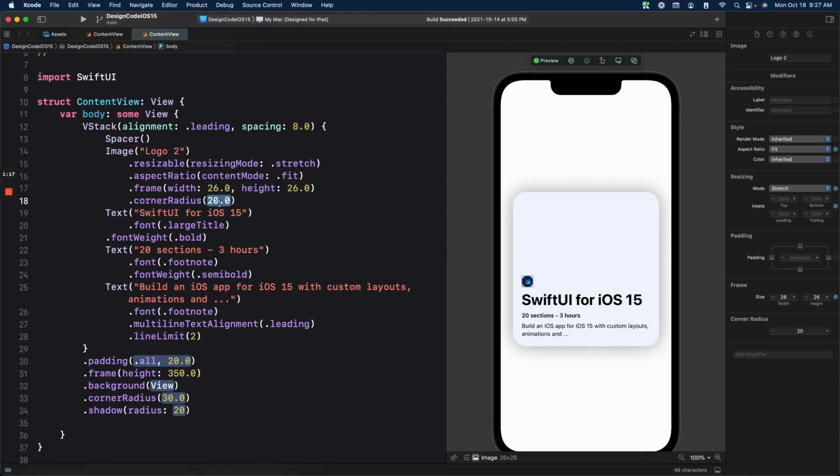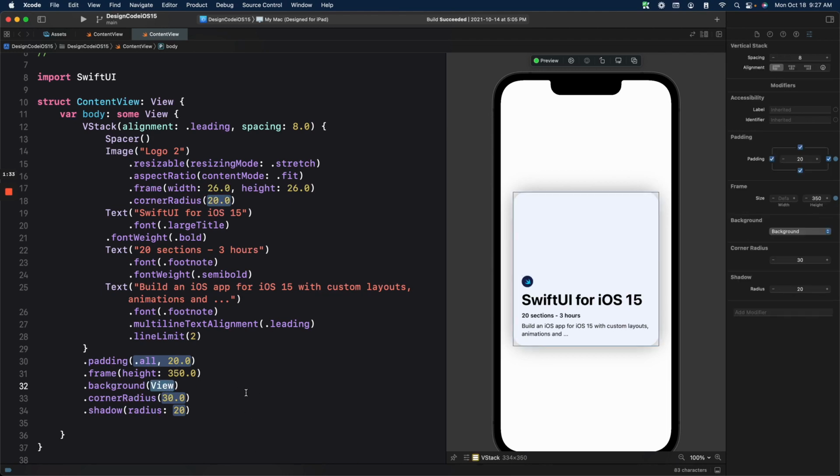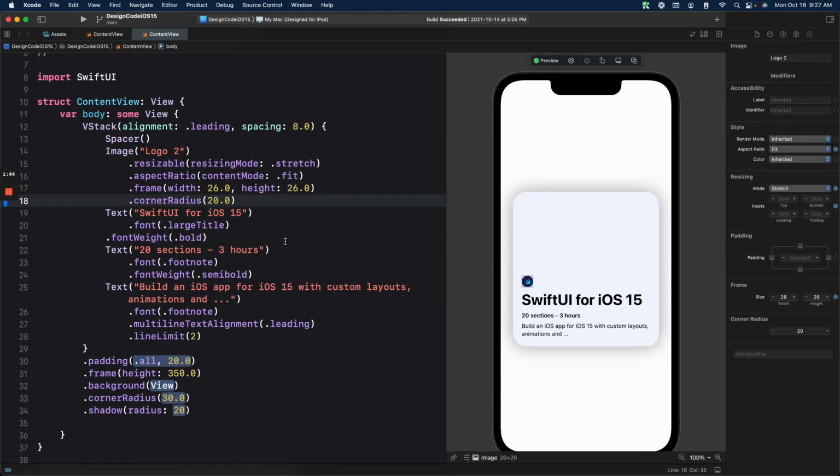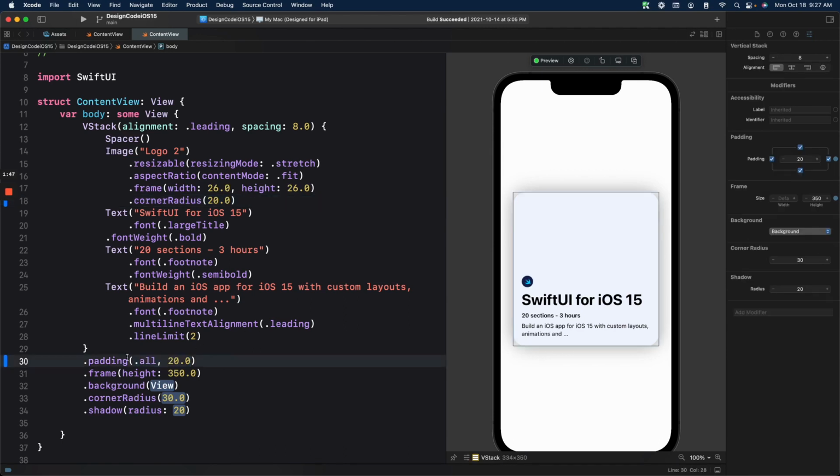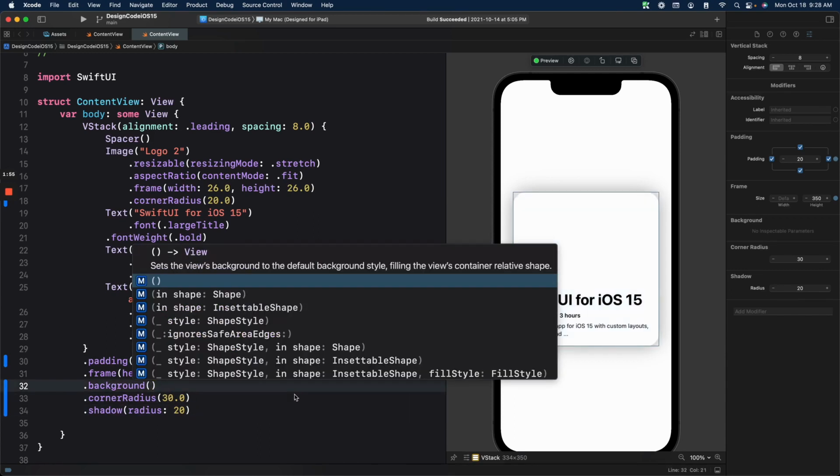For most of them, it's fine, except when you want to customize, for example, the text, sometimes it won't work correctly. But also, when you look at the background, you see that it says view, but in reality, we have set up the background color. And typically what you want to do with the placeholder values is you double click on them, and most of them are fine because those are the actual values that you should write in code. But when it comes to the view, you can see that when I double click, it just becomes empty. And therefore we have to replace the same code that says view, but in reality it says the color background